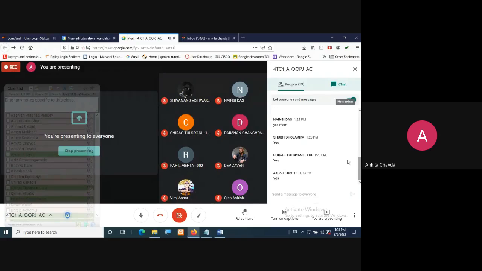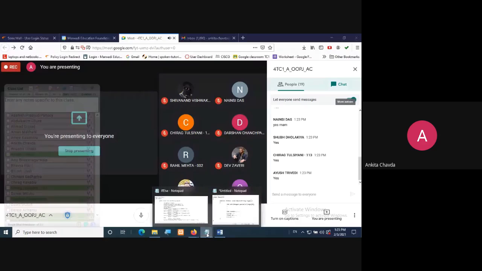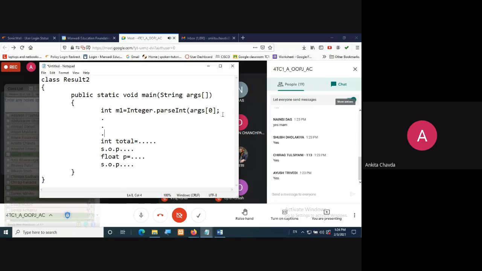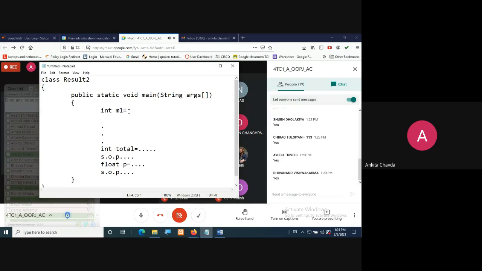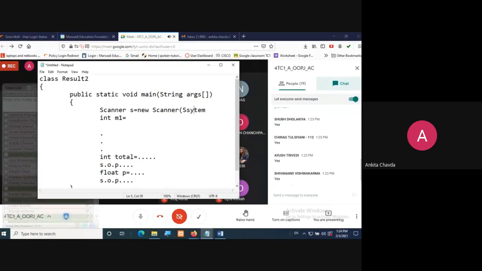Fine. So it's done with both the methods. In the scanner class, instead of this line, first you will create the scanner class object. So suppose Scanner s equals new Scanner, taking the input from System.in, right?